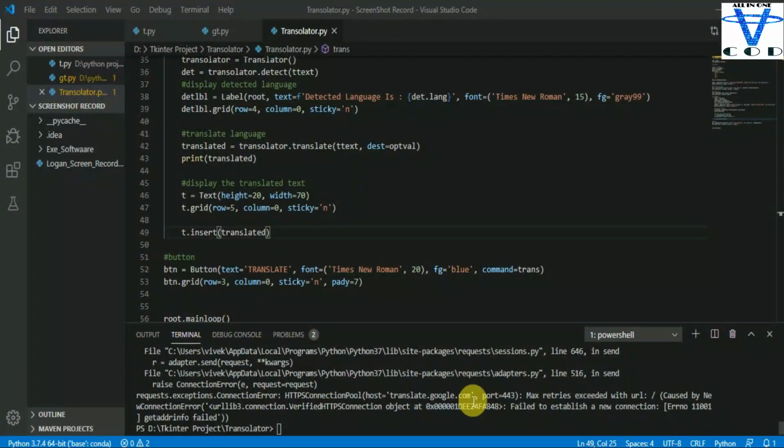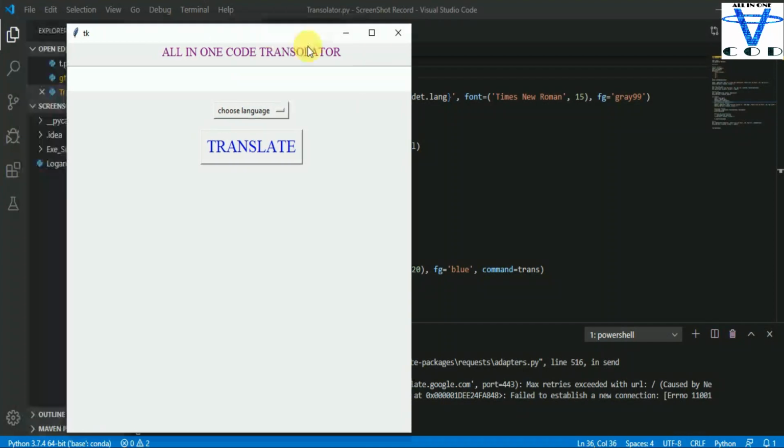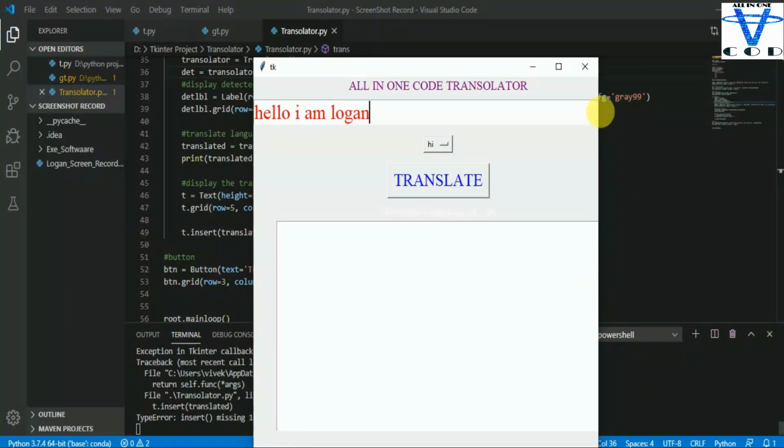Okay, we got an error in here. So this says no network connection. Okay, my network is disconnected. I don't know why. You have to connect your network. Okay, now let's try this again. I connected my net. Okay, let's say I want to print hello, I am Logan, and I'm gonna choose Hindi